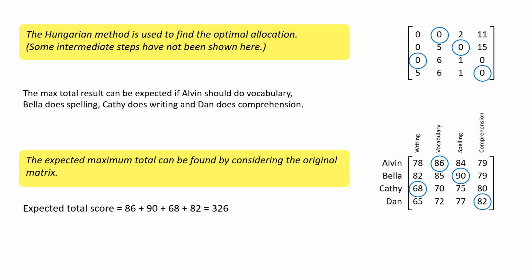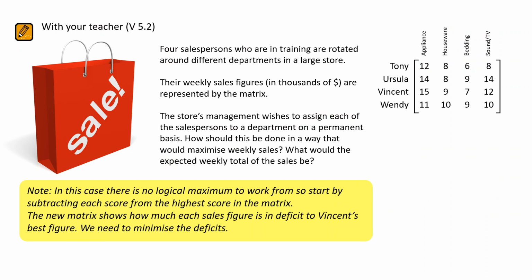Okay, so then you do the Hungarian method, and you get the best expected score is 326, with an average. If you divide that by 4, you get an average of 80 point something. Okay,